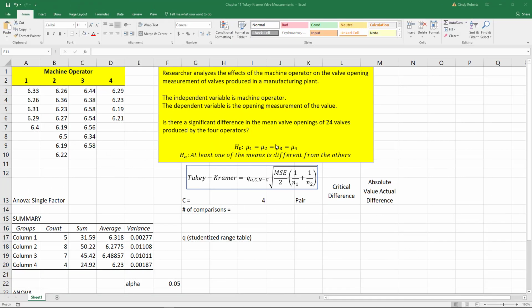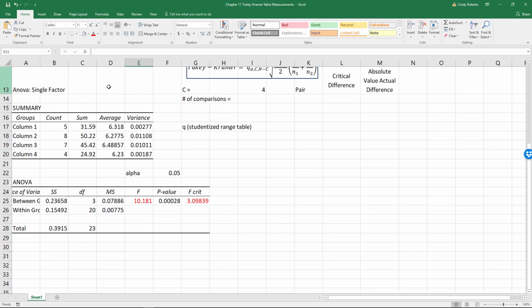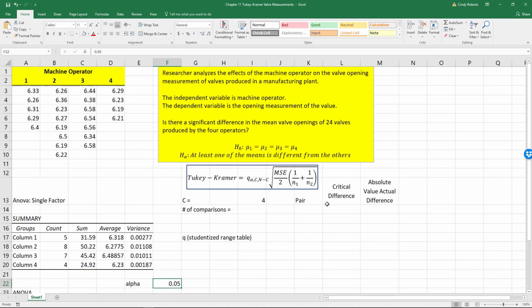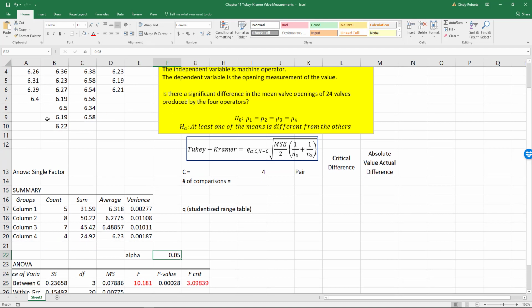Alright, in our previous video, we were looking to see if there was a significant difference in the mean valve opening of these 24 valves. We did an ANOVA single factor, and we definitely saw that our F test statistic was greater than the F critical, or the p-value was less than the alpha. So now what we want to do is figure out which ones have the difference